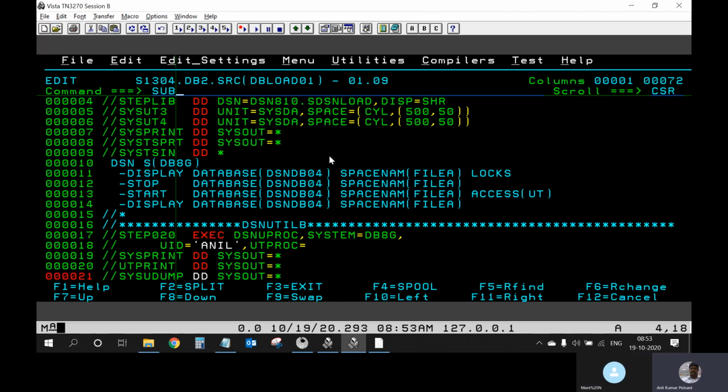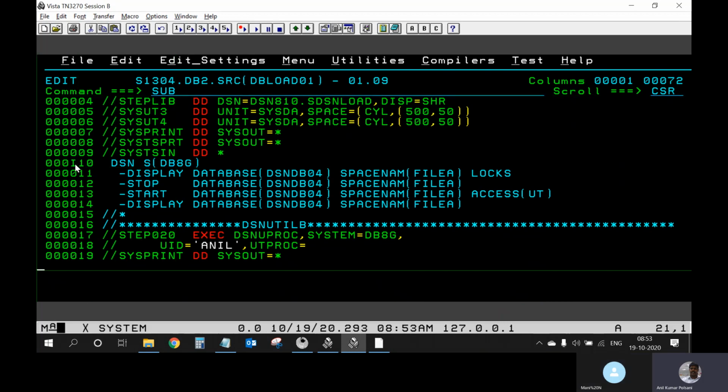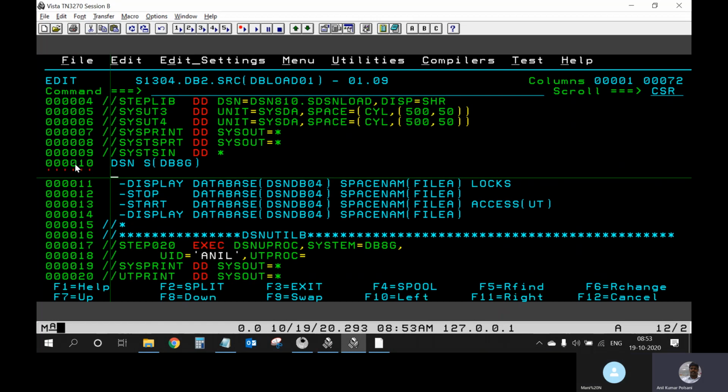And again, like I told you, the other option is to put the terminate option in the job itself. You can write the terminate utility with the utility ID over here, and when you run your job, the application ID will use that access and remove that lock itself.